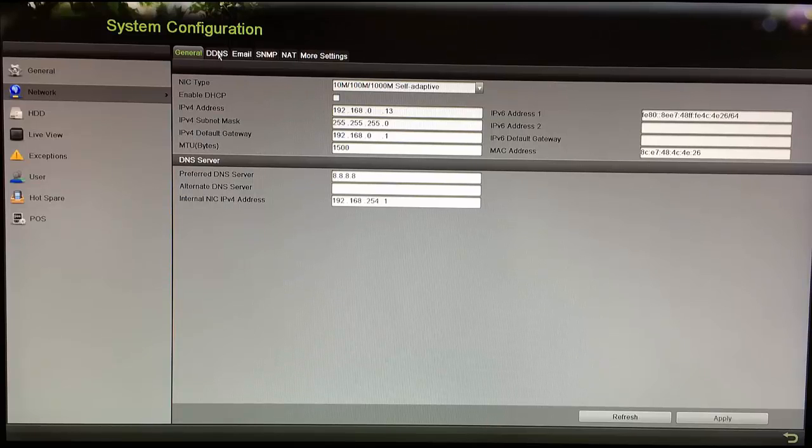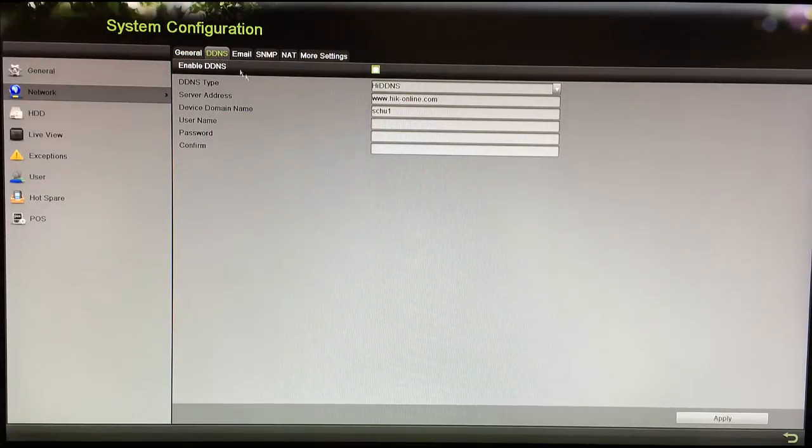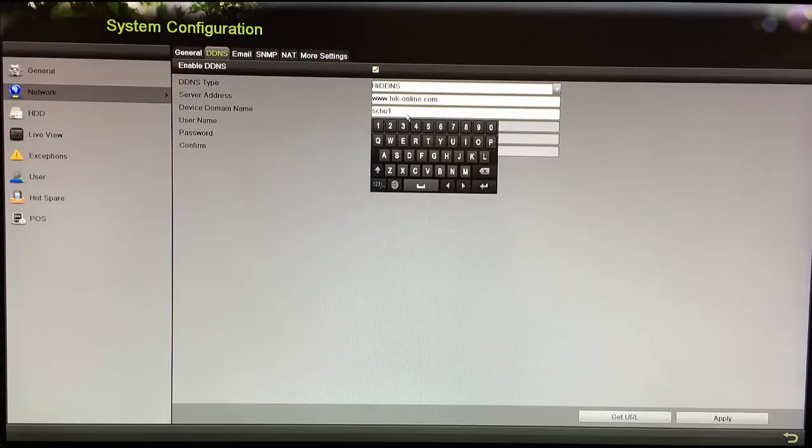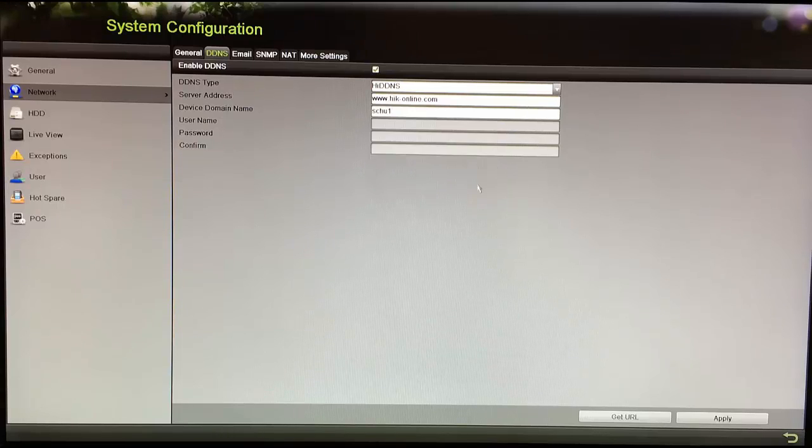Next, you click on the DDNS tab up here on top, and you want to select Enable DDNS, and in the DDNS type, select the HiDDNS type, which is our Hikvision DDNS server, and the server address will be defaulted to www.hik-online.com. And next, in the device domain name, choose a domain name that's unique to your installation. The device domain name is restricted to only alphanumeric characters, so no special characters allowed. And once you have chosen this, click Apply,